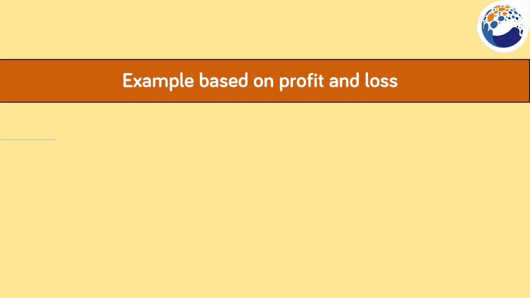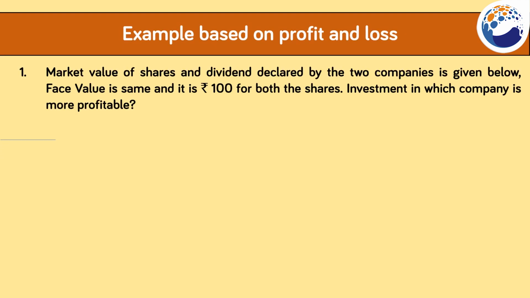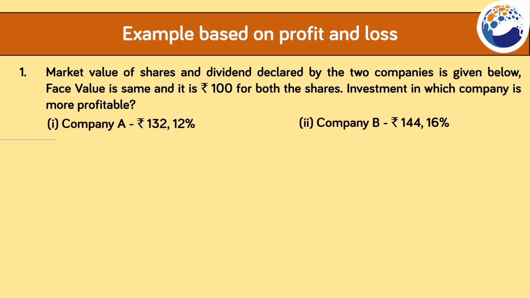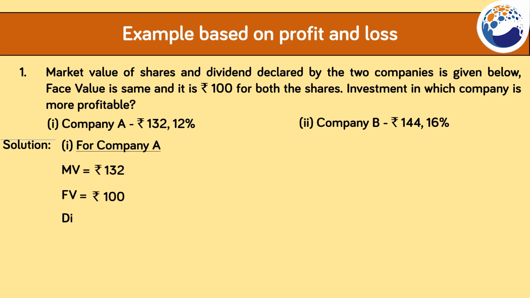Examples based on profit and loss. Market value of shares and dividend declared by the two companies is given below. Face value is same and it is rupees 100 for both the shares. Investment in which company is more profitable? For company A, MV is equal to rupees 132, FV is equal to rupees 100, dividend rate is equal to